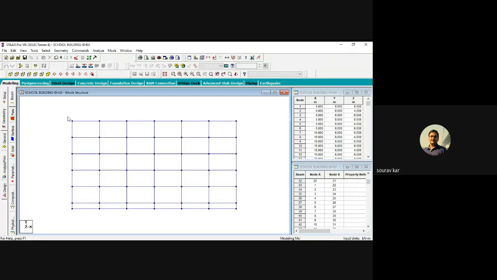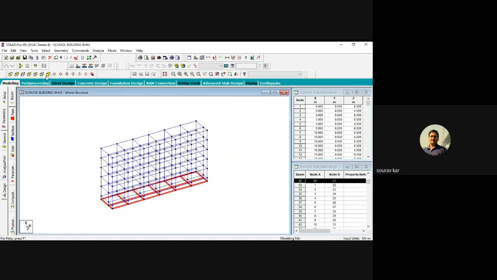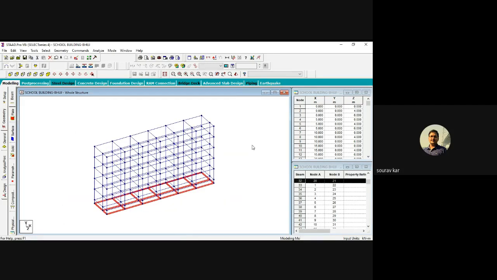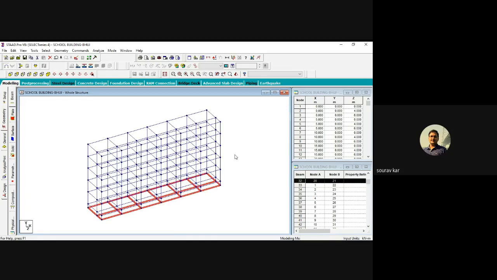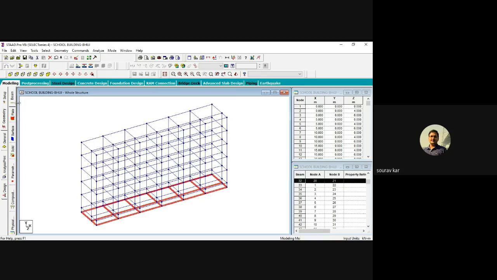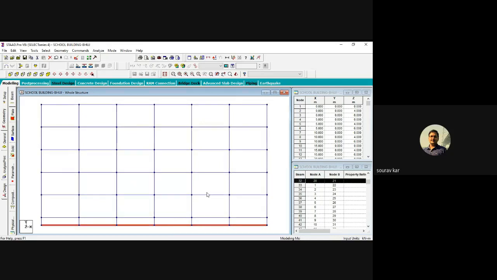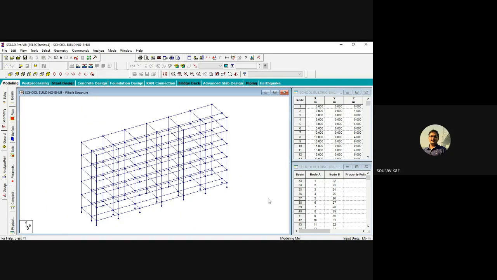That is the first stage, the development of the skeletal structure of the building. Now, what is the second stage? The second stage is to assign the supports. I've taken the beams at the base level; I will delete all these and attach supports to these nodes.